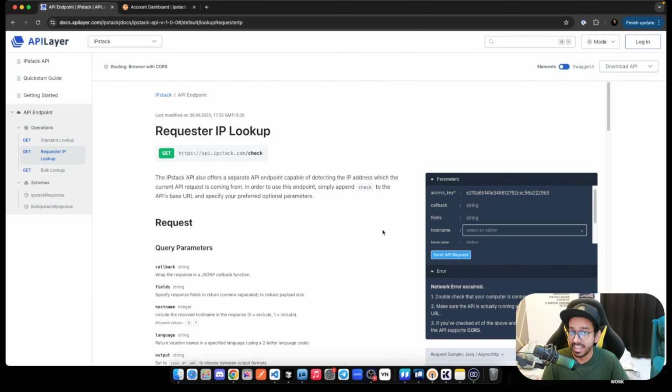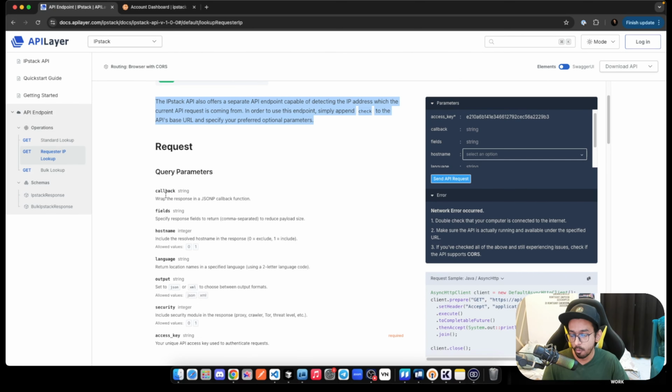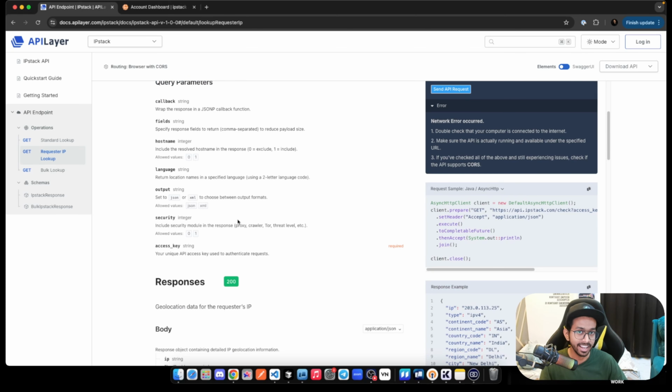Of course, each page has all the necessary information about the particular endpoint. For example, here this is the requester IP lookup endpoint. You will find what is the right URL. Under that, you will find all the necessary descriptions. And then you will find all the request parameters, which are either optional or required, and what the meaning of those parameters is. Under that, of course, you will find the response in a well structured JSON manner, which will easily help you find